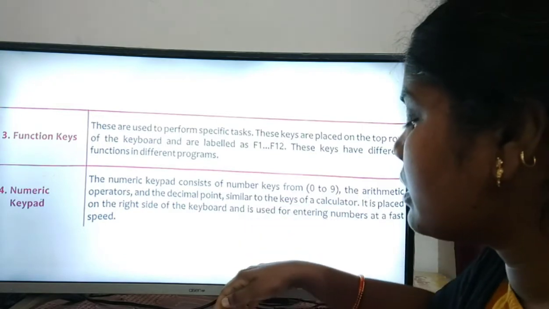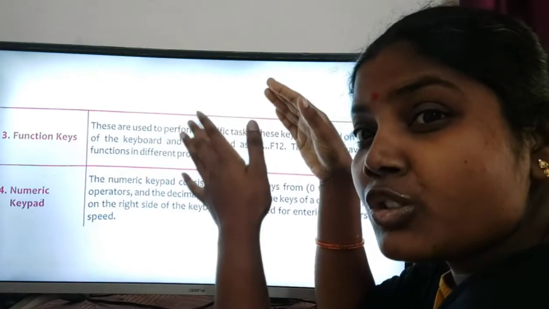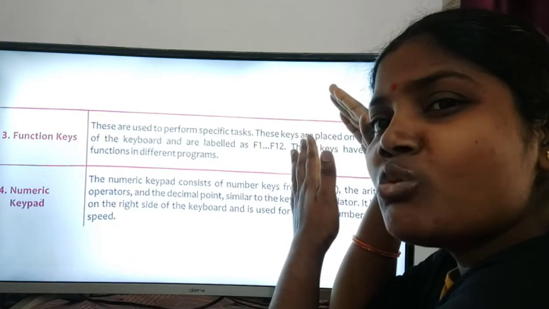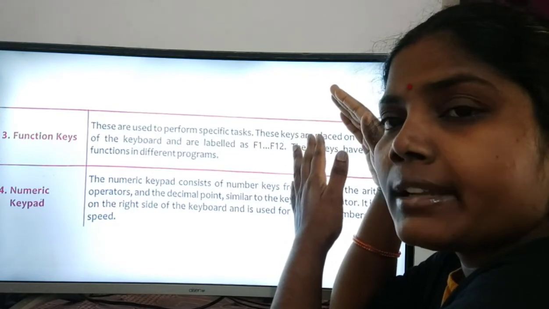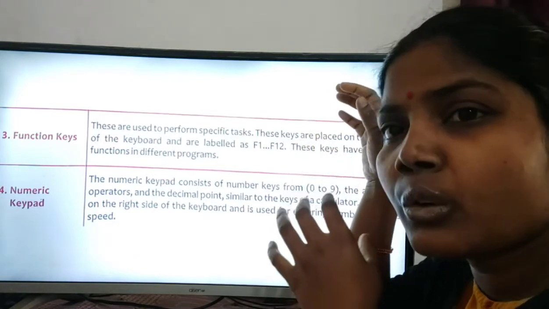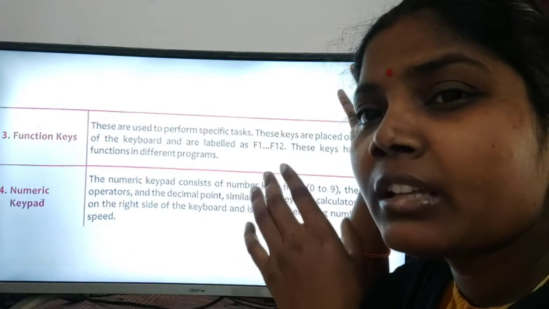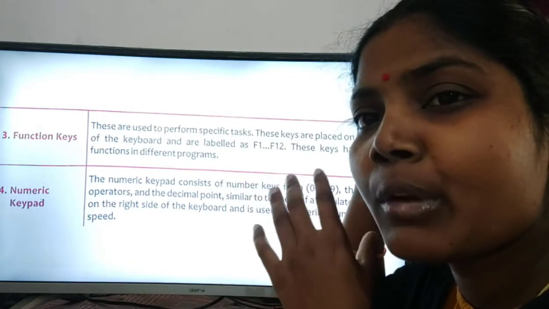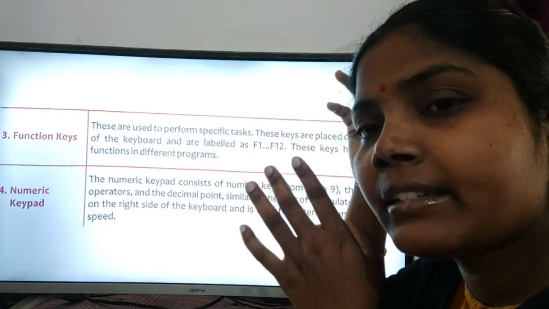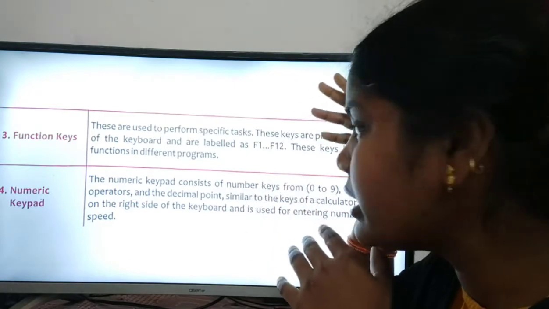In the pictures I showed, the keys with numbers 0 to 9 in that corner are called the numeric keypad. We can use these numeric keys for mathematical problems: to add, subtract, multiply and divide numbers.